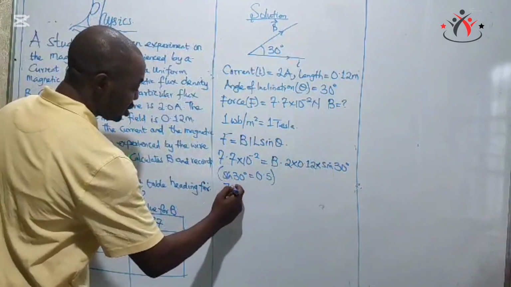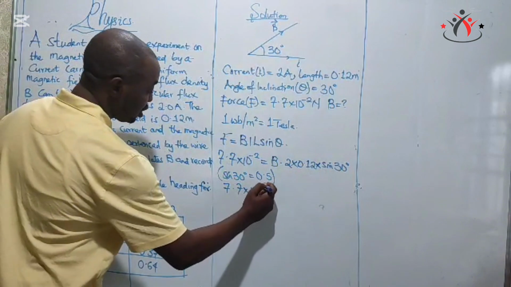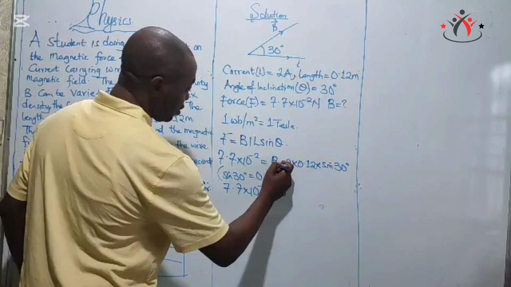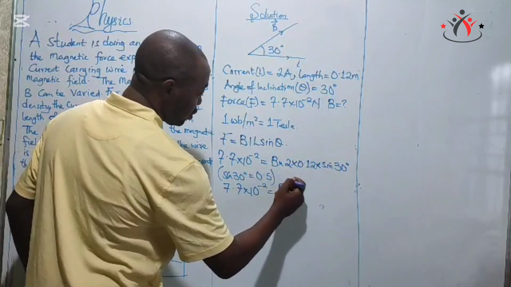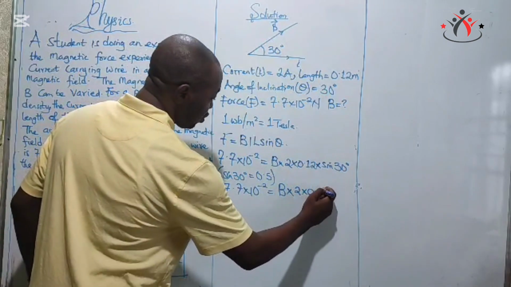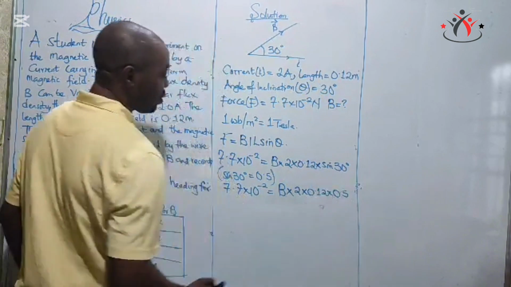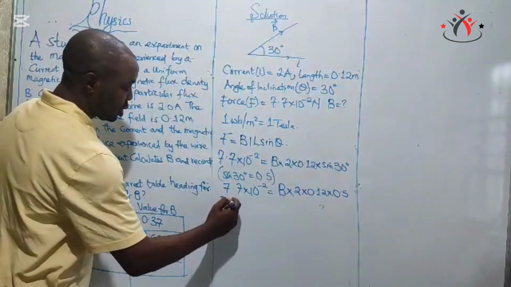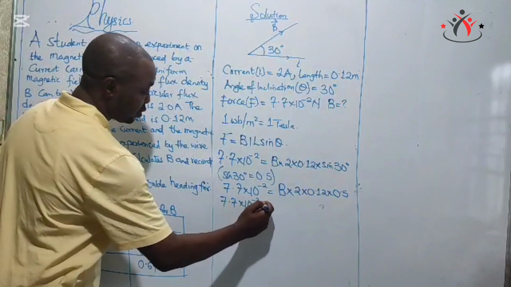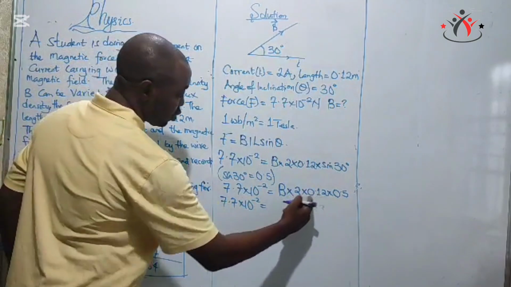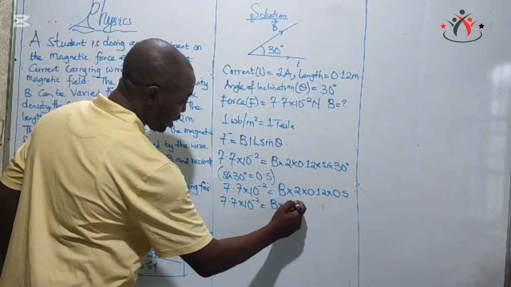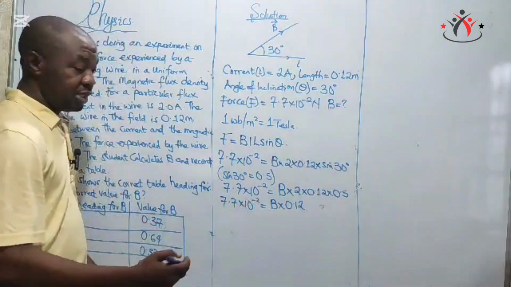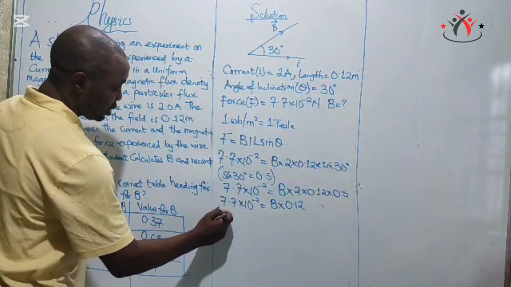So this would be 7.7 times 10 to the negative 2 equals B multiplied by 2 multiplied by 0.12, then multiplied by 0.5. So 0.5 times 2 will be 1. So we have 7.7 times 10 raised to the power of negative 2 equals B multiplied by 0.12. Now we have to divide each side